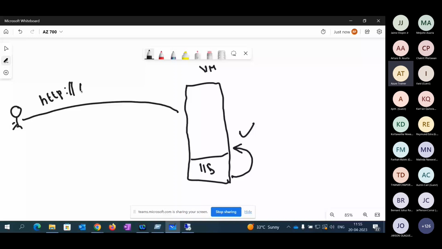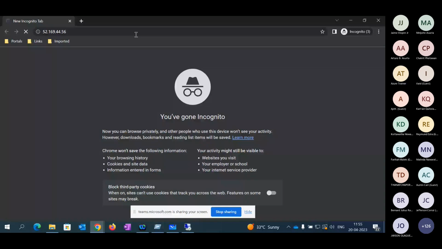Now, if you try to connect from externally, for example with a 52 dot series address, your computer is not allowing or not taking that. The moment you try to connect externally, I just gave this IP address. It's Internet Information Service, Malinda. It's basically a web server. It's not IAS, it's IIS, Internet Information Service. It's with the help of IIS that it's connecting. So let's wait.